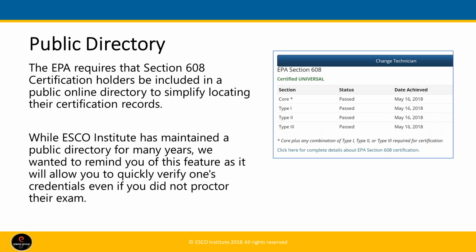One of the new rules is mandatory to have a directory or internet-based directory that can be accessed from anywhere. Many years ago, we at Esco added this feature to our database, so one could go online and check their scores or see if they were certified and what levels. Now that everyone has to have an online database, a person can call us or opt out online, which was going to be covered later by Renee in his presentation.